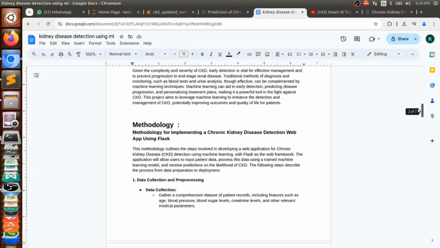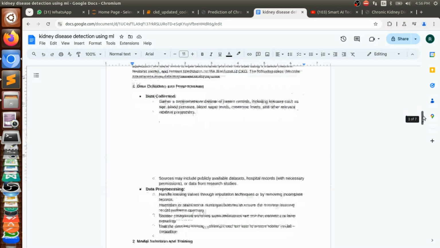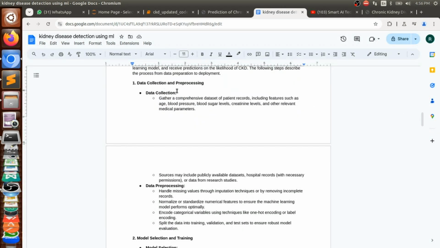And as a second step, we are going to check for the methodology. What methodology we are using in our project, what step by step techniques we are going to apply on the data sets, and what we are going to build. I'll discuss that. First we are going to do the data set collection, then